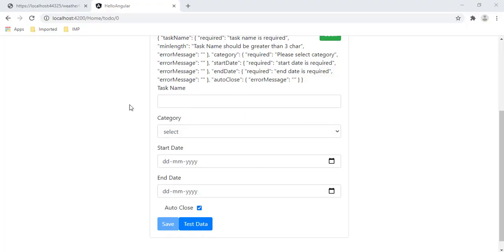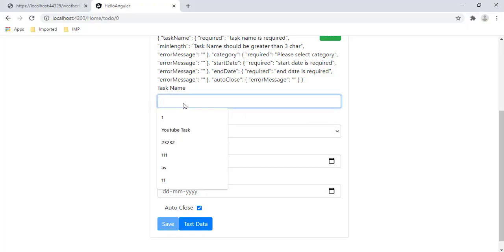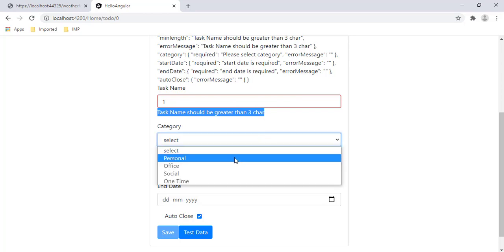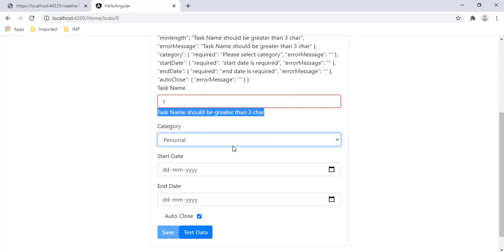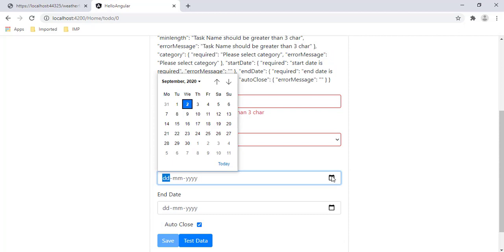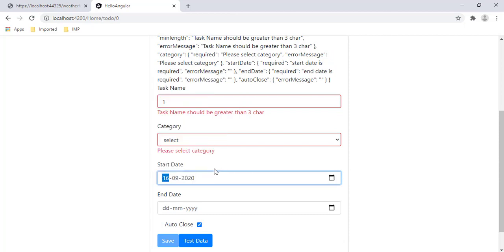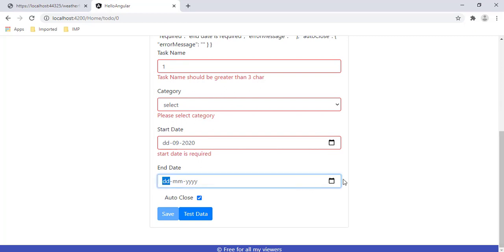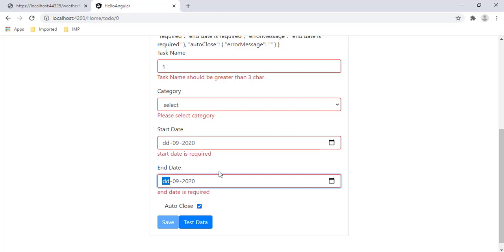So now I can see my task name form, and let's try to enter something. I can see the message that task name should be greater than 3 characters, and let's select personal here, and let's go back. I can see the please select category message, and let's select that, and let's remove this, so I can see please select start date, and let's select a start date and remove this, so I can see end date